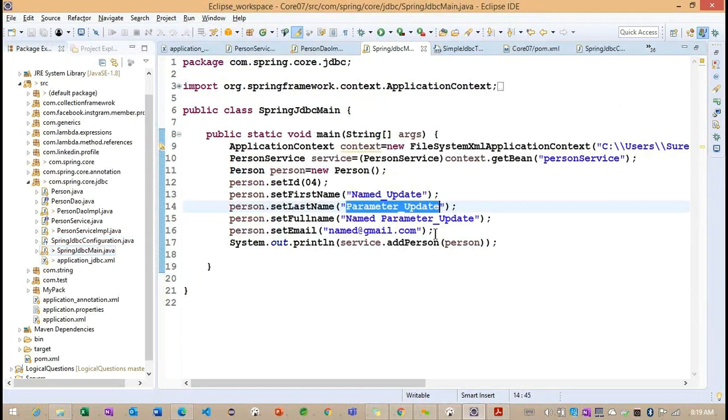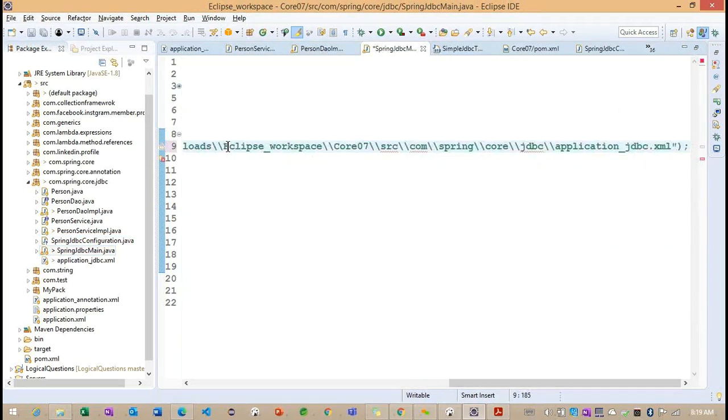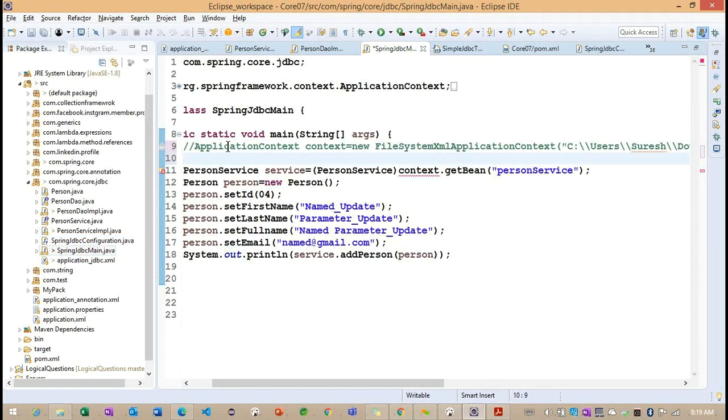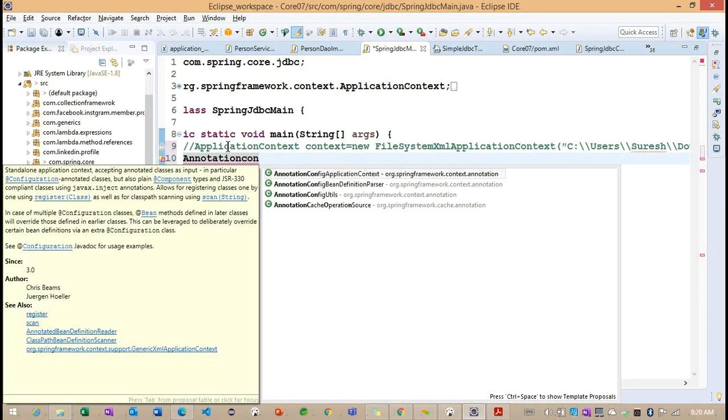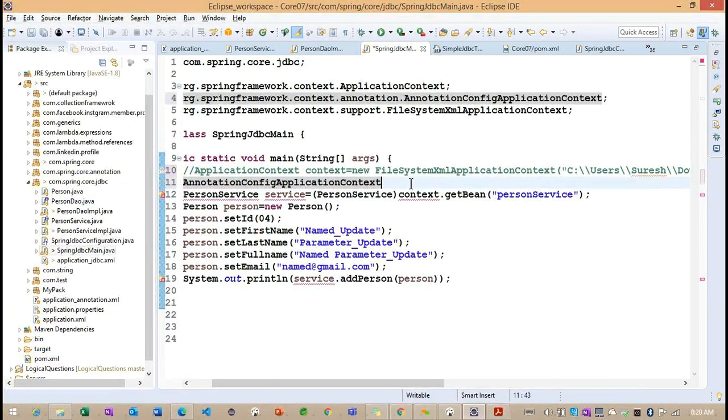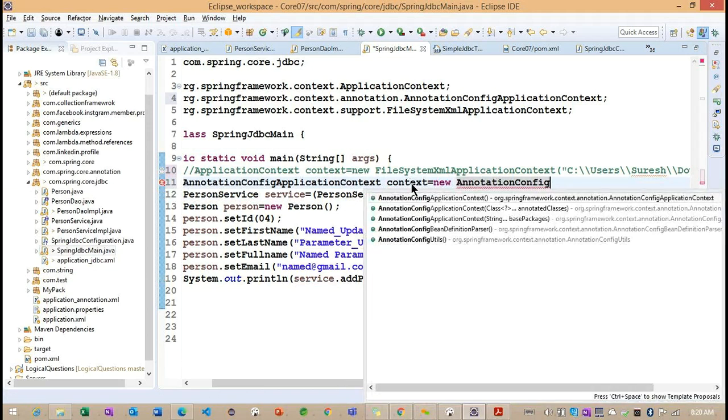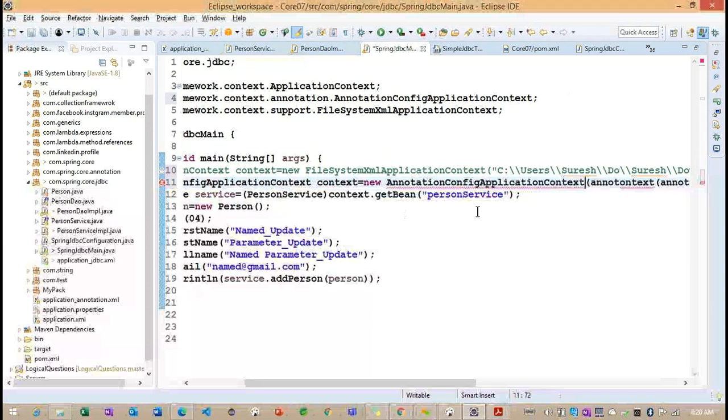Inside the main class, instead of working with the application context, what class can we go for here? AnnotationConfigApplicationContext.